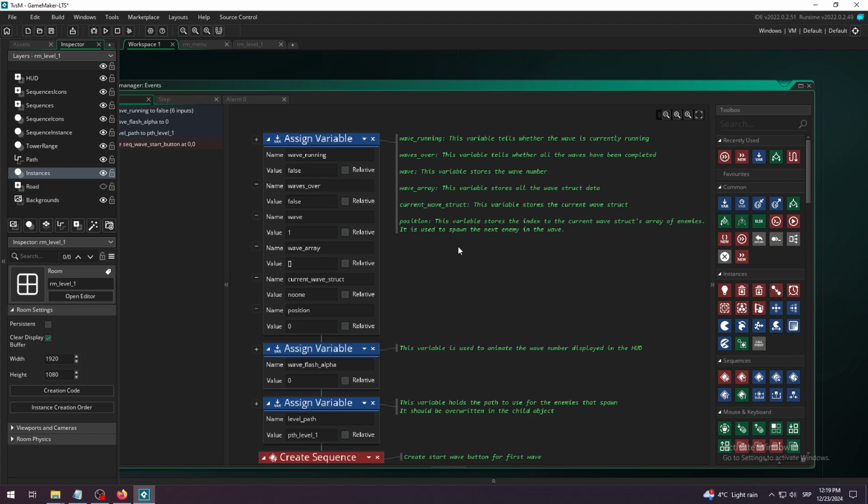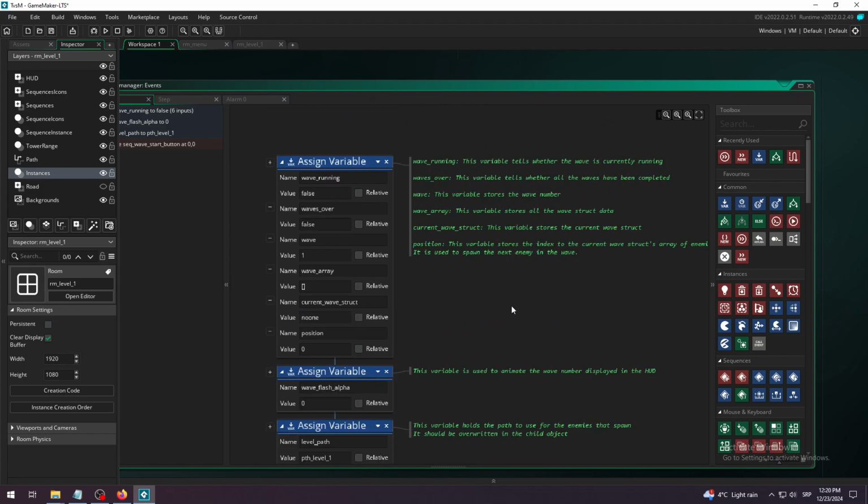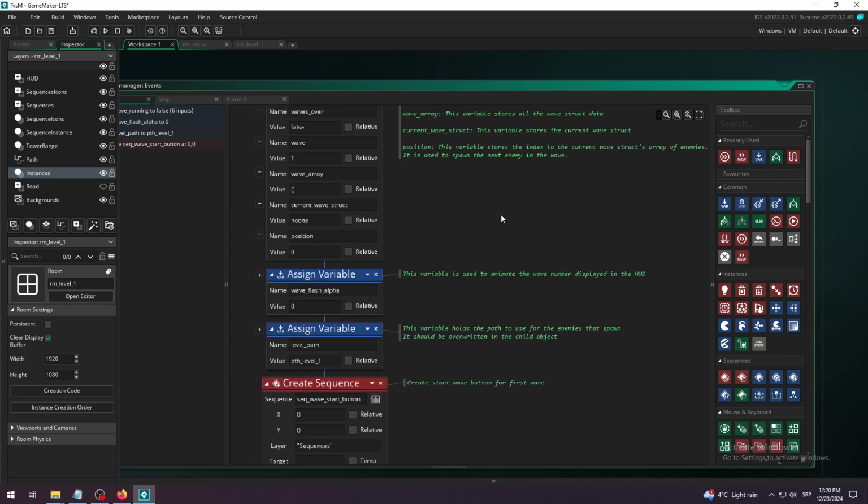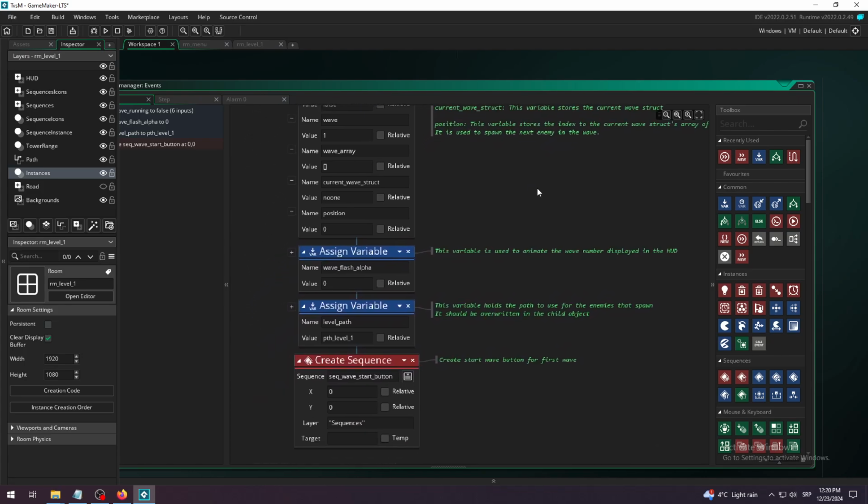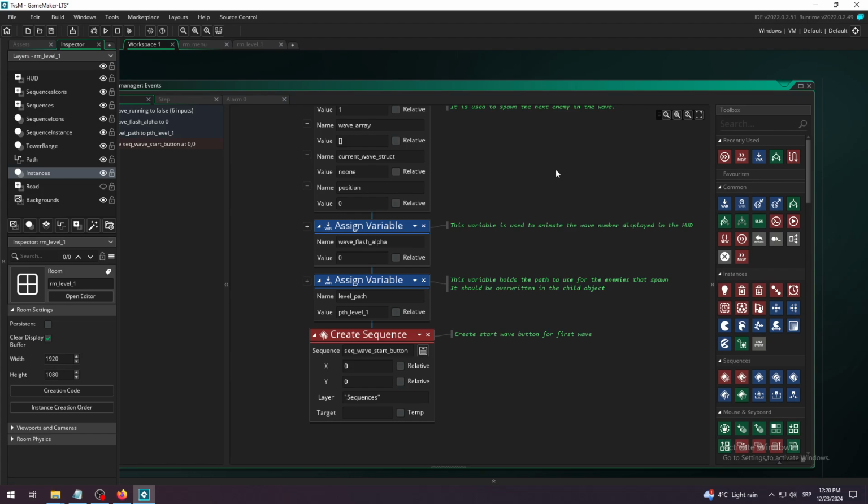Position. This variable stores the index to the current wave struct's array of enemies. It is used to spawn the next enemy. Okay, so that variable position, if I understood well, stores the position of the zombie in the struct. And as you can see, below it we have